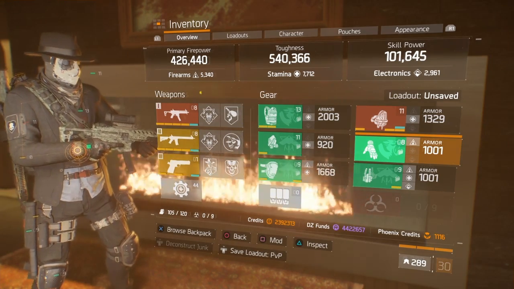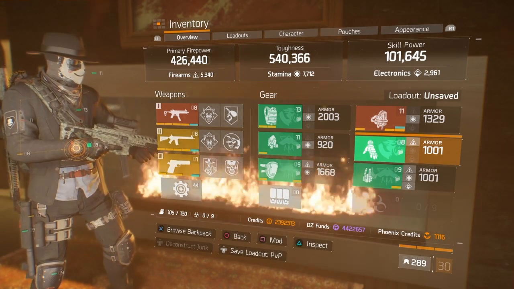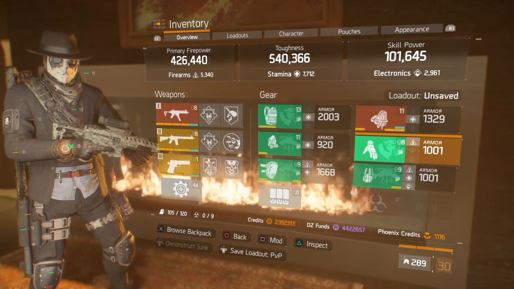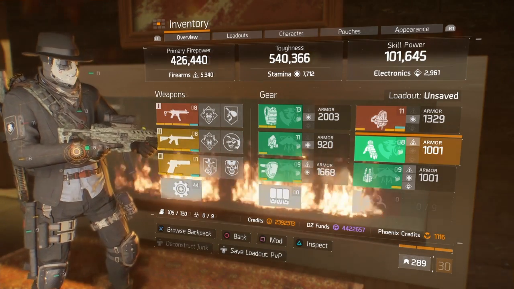Like I said, I could go a little bit stronger in my firearms and then just drop my skill power completely. But like I said, in my opinion, this is the overall most rounded out Predator's Banshee build that you can actually make. This is just my personal preference, but play around with it. Find your